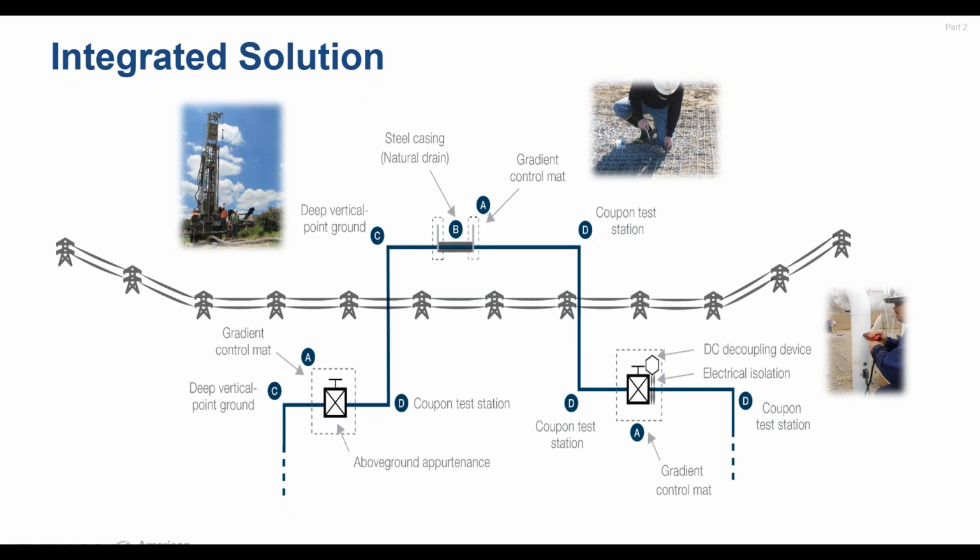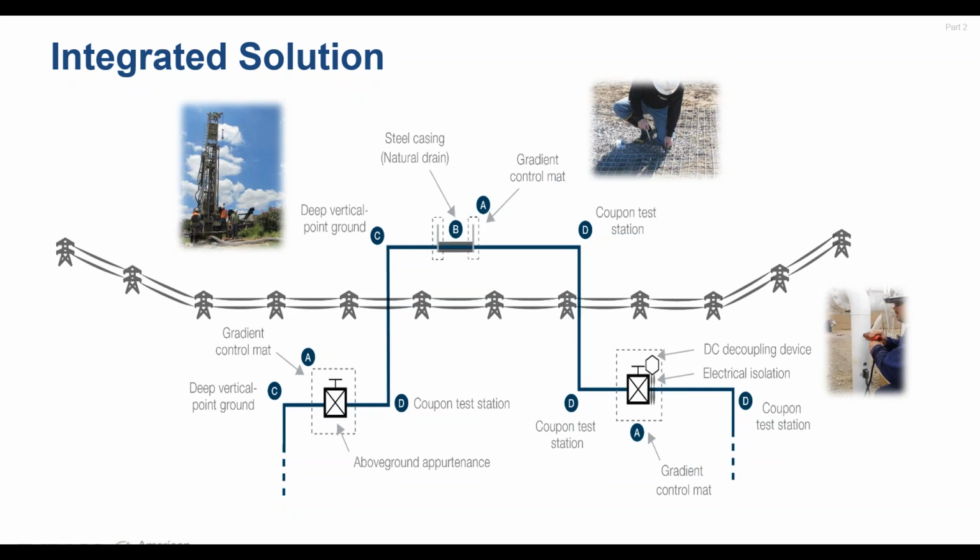So another good potential location for a deep vertical point ground. Then at the top center of our diagram, you see a cased crossing with exposed vents, as so many of us are familiar with. We might choose to use that casing as a natural ground. Now, if we do that, we'll be installing